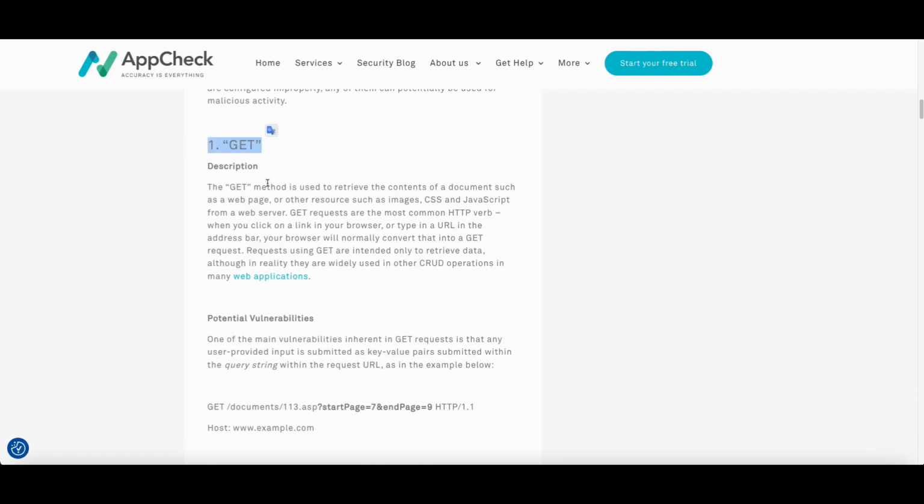First one is GET. I will try to be fast. The GET method is used to retrieve the contents of a document, such as a web page or other resources such as images, CSS and JavaScript from a web server. GET requests are the most common HTTP verb. When you click on a link in your browser or type in a URL in the address bar, your browser will normally convert that into a GET request. Requests using GET are intended only to retrieve data, although in reality they are widely used in other create